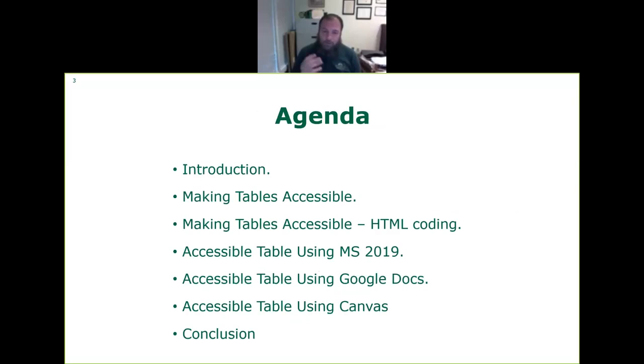We'll talk about table accessibility, how to use HTML coding if you are involved with HTML coding, and some of the elements that are important when it comes to HTML coding. We will talk about creating tables using Microsoft Office 2019. We will also talk about creating tables using Google Documents and using Canvas, and then we'll conclude.